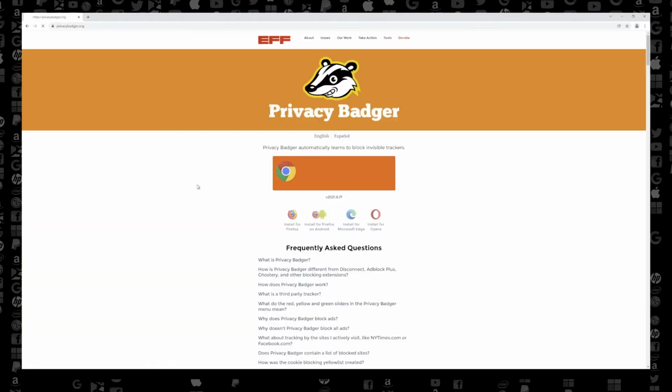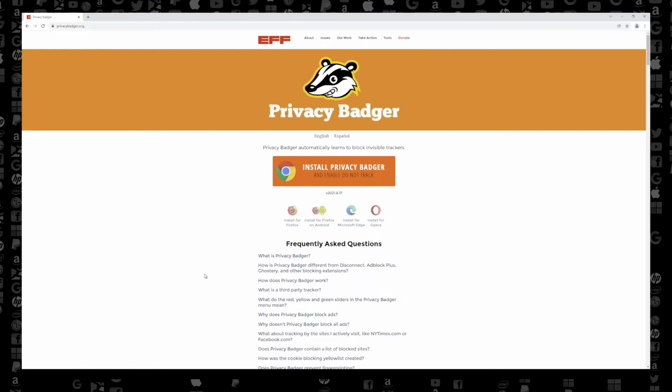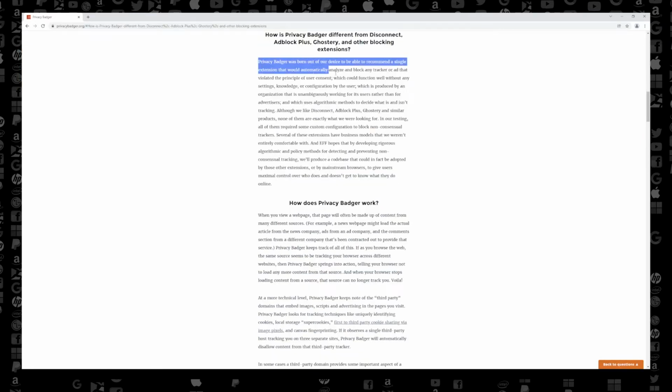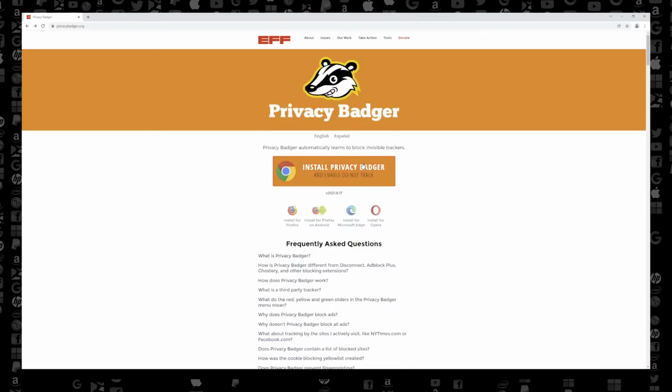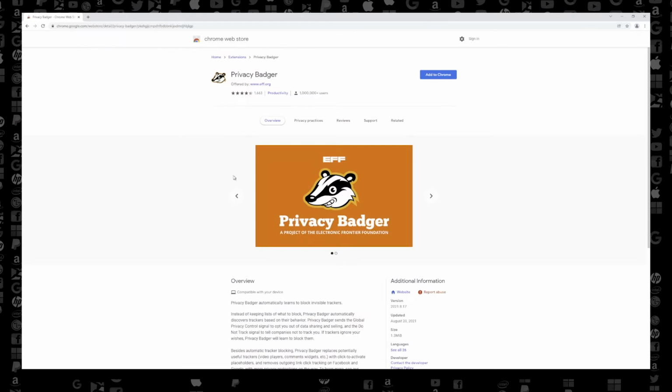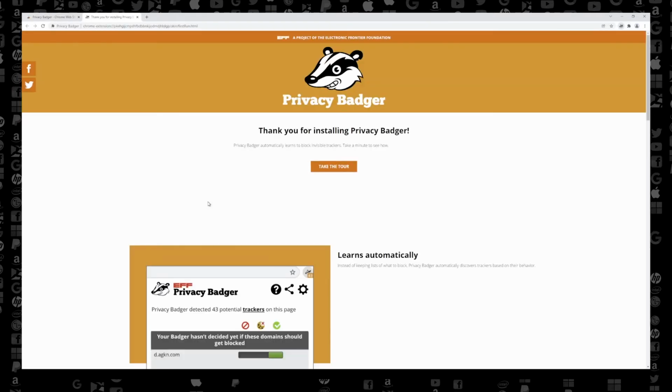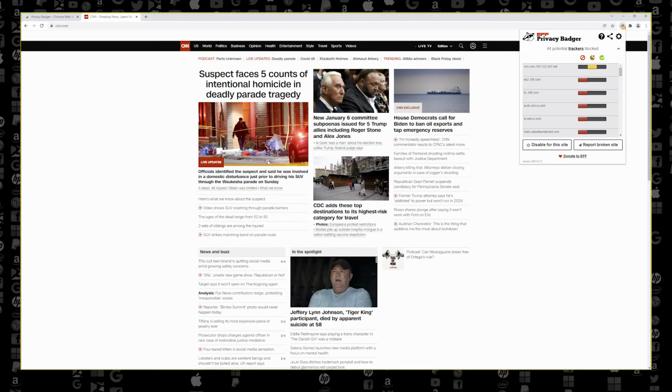This is an extension developed by the Electronic Frontier Foundation, and its goal is: "Privacy Badger was born out of our desire to be able to recommend a single extension that would automatically analyze and block any tracker or ad that violated the principle of user consent, which could function well without any settings, knowledge, or configuration by the user, which is produced by an organization that is unambiguously working for its users rather than for advertisers."